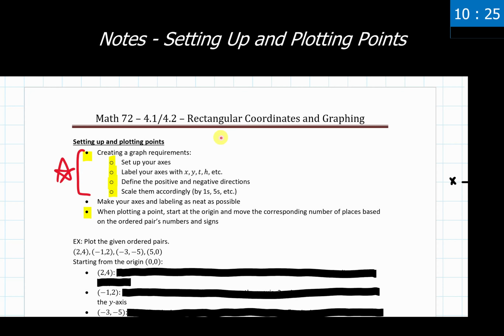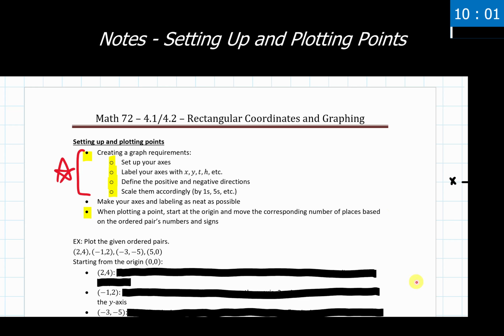In our video today, we are going to be covering rectangular coordinates and graphing. Both of these are covered in 4.1 and 4.2 material, and I didn't like that they had them spread out when I think a lot of this stuff goes together pretty organically. So I've combined these two sections together as one single video and one single set of lecture notes.